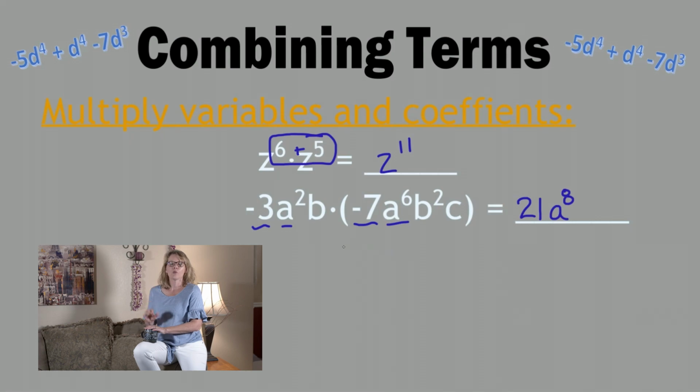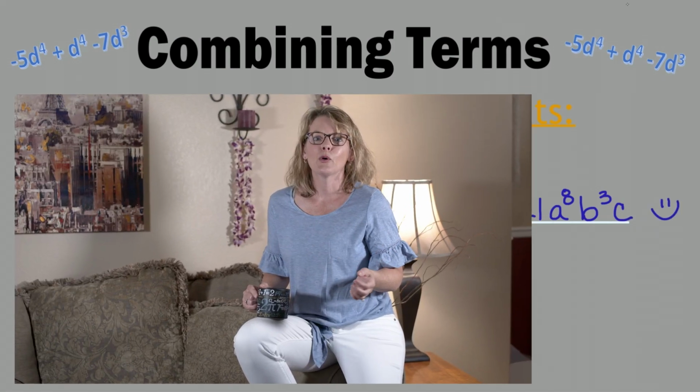For the b's, we have b times b squared. Adding up their exponents with the invisible 1 on the lonely b, we get 3 for b cubed. And let's not forget the c on the end for a final answer of 21a to the 8th b cubed c. Awesome work! For our last example, we will combine everything you learned today by having to multiply numbers and